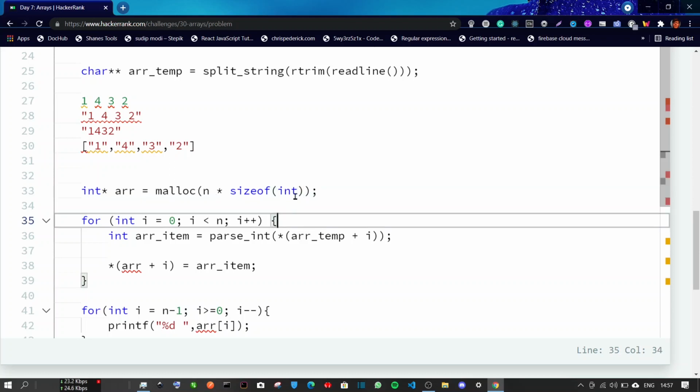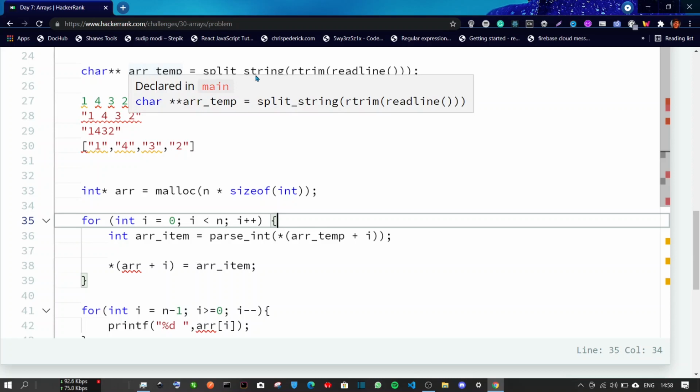After this part where we allocate the memory for that array, what we do is we take that parseInt function, and from that array temp pointer, we refer to that array temp pointer, and after every value, so i goes from 0 to n, which means if n were to be 5, then i would go from 0 to 5, and after every interval there is some element inside this array temp.